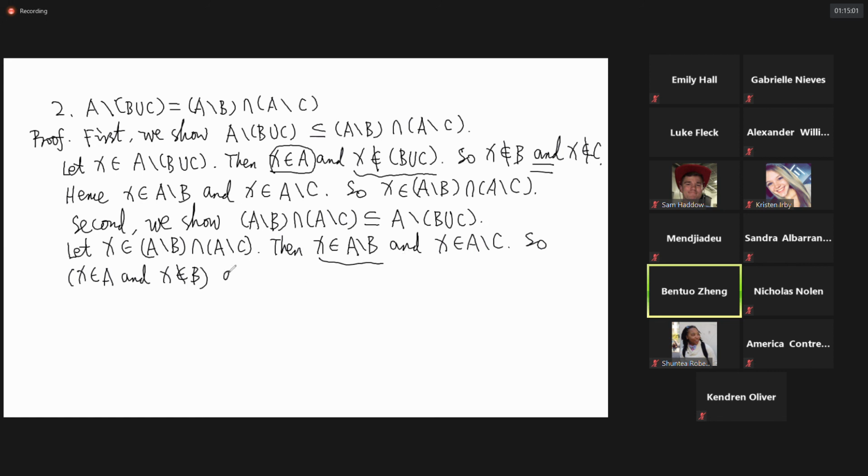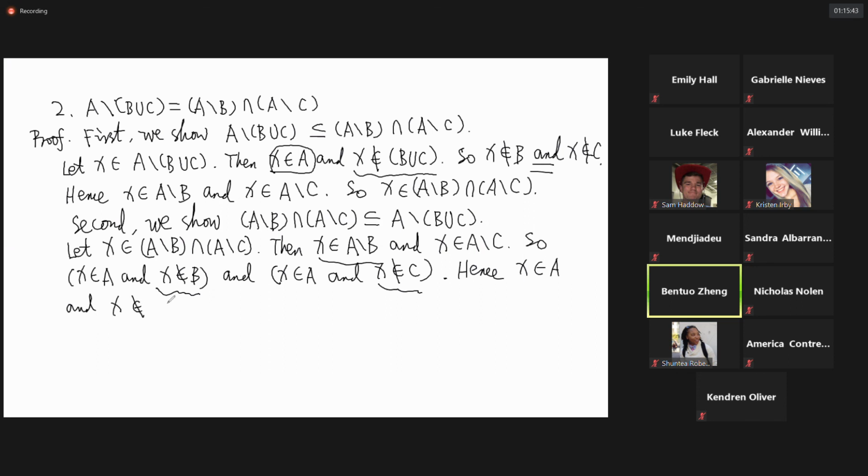The second condition is X is in A minus C, that is X is in A and X is not in C. So you should look at all those conditions. Every condition is AND, which means X has to satisfy all of the conditions. X is in A, X is not in B, and X is not in C. Now we just use these two conditions, X is not in B, X is not in C, and what we get is X is in A, this is for sure, and